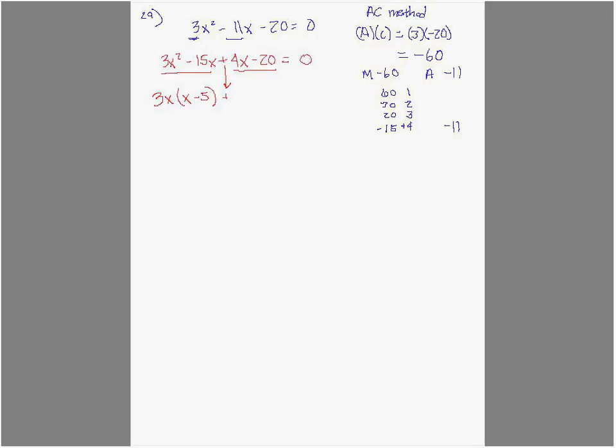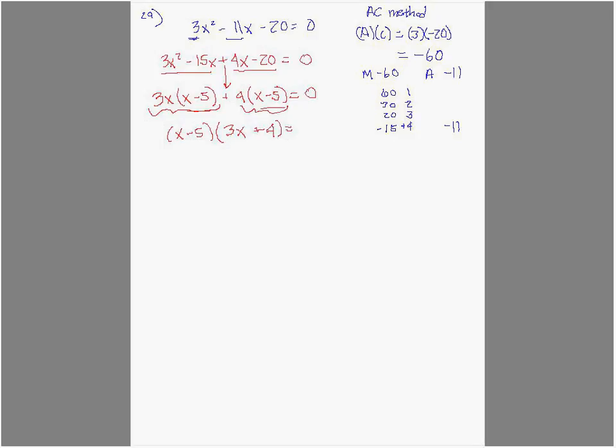Okay, so now looking at 4x and negative 20, what's in common? We can factor out a 4. When we factor out 4, we're going to have an x minus 5 left. Okay. All right, this is when we know we've done things right. We've got x minus 5 in both cases. Okay, so that is what's in common now. So write it out. When we factor out an x minus 5 from this term, what do we have left? We have 3x left. And then factored out from this term, we have 4 left.